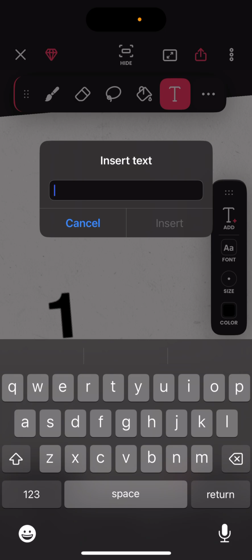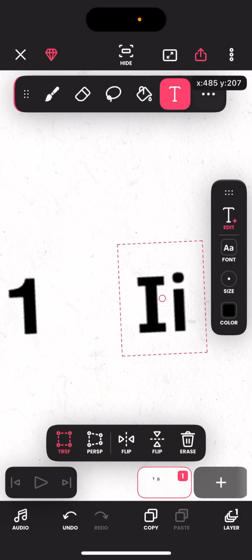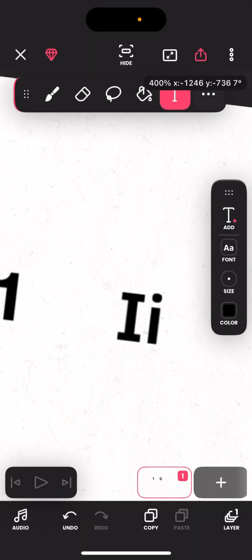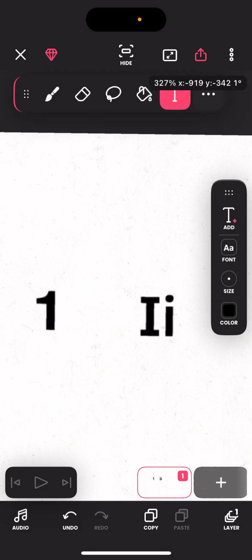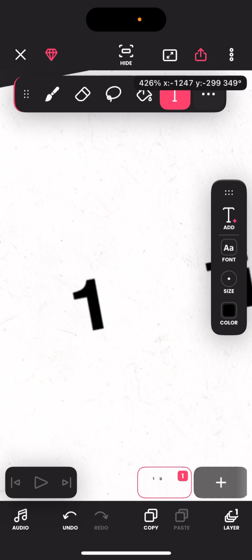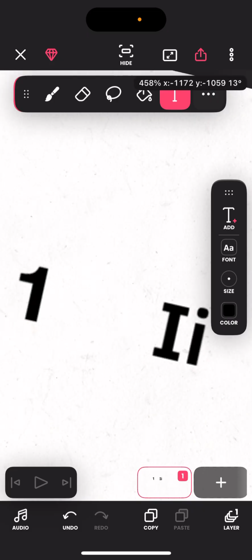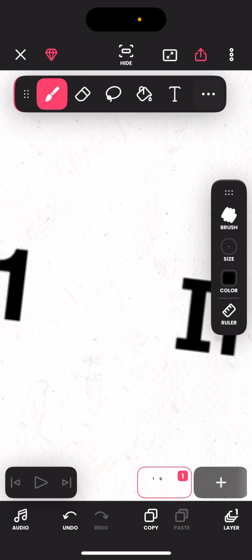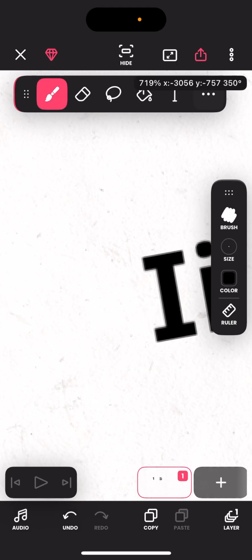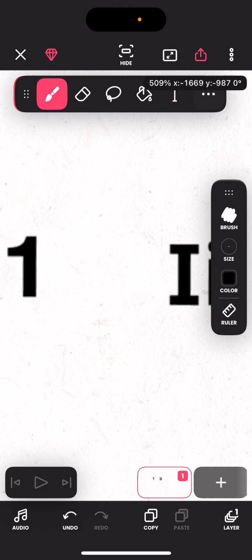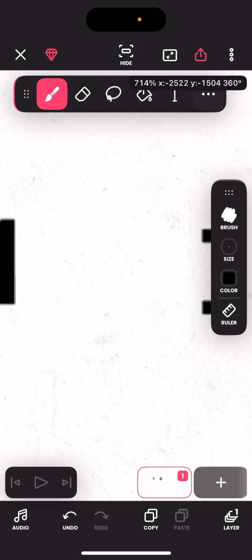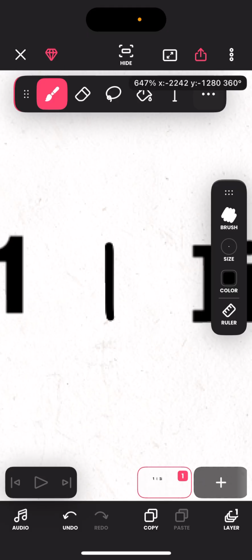And we got uppercase, and we're gonna bring out lowercase I. There we go. Now I'm gonna be mixing 1 with I, not the lowercase I. I'm gonna do the lowercase ones later, but yeah, 1 and I. They both have lines, so